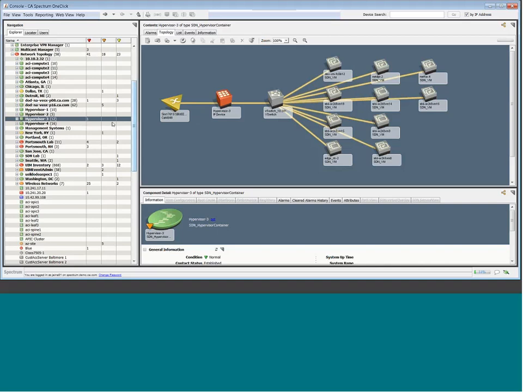Now, obviously, the physical part is where Spectrum is strong enough and takes care of it. This is the virtual part where VNA comes into picture and gets all the information for you, and then Spectrum stitches all the information and gives you a single view of how your physical and your virtual inventory looks like,